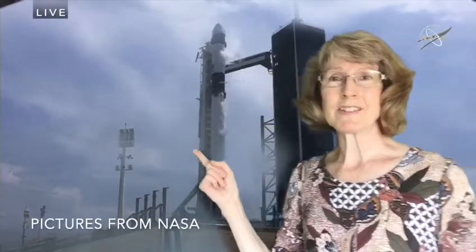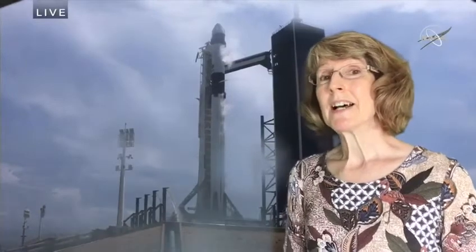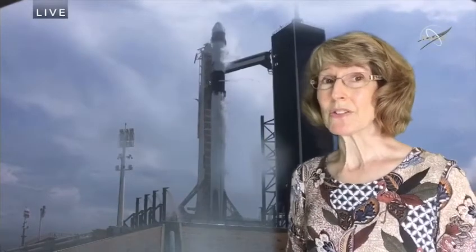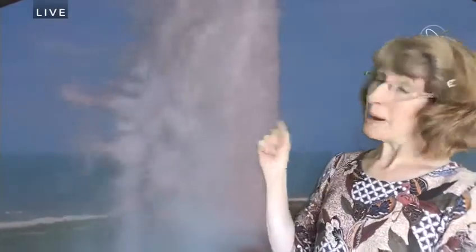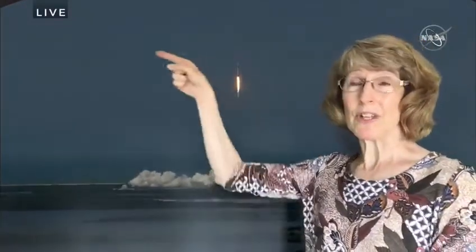Here we have a recent rocket launch taking place at Cape Canaveral in America. It's a big Falcon 9 rocket, and on top of that is a little capsule containing 2 astronauts who are destined for the International Space Station. About 10 minutes after takeoff, the rocket section separates from the capsule. The rocket lands back down on a platform in the sea, and the capsule goes on to dock with the